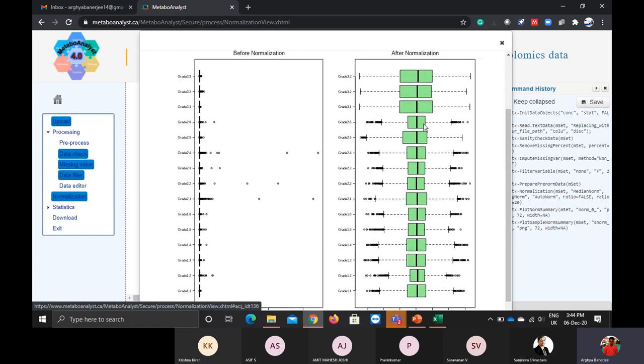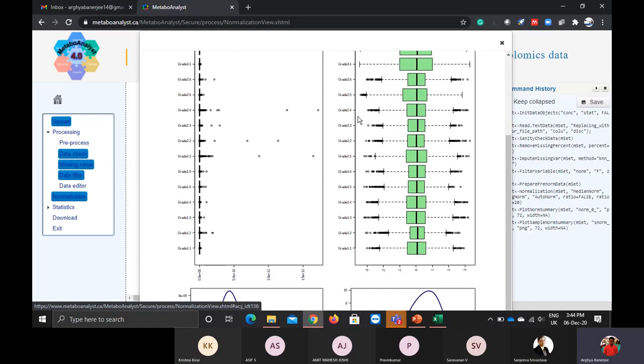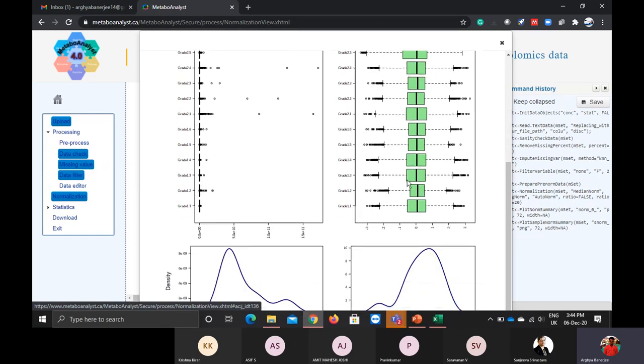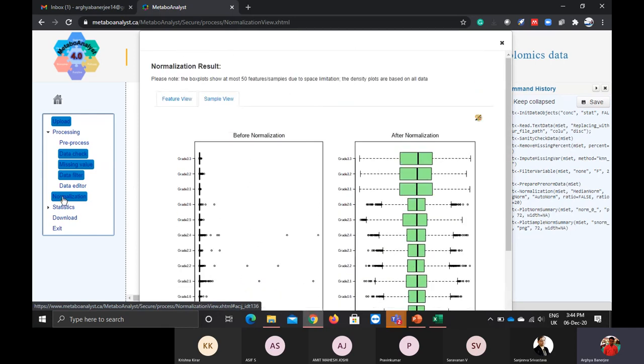This box plot indicates that irrespective of my samples coming from grade 3, grade 2, grade 1, all are normalized. All medians are located at a single origin. So now this data is good and we can proceed.